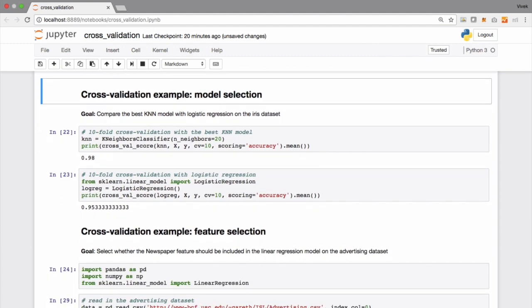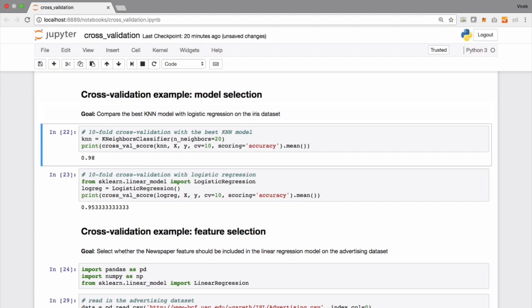Another cross-validation application is model selection. The goal here is to compare the best KNN model with logistic regression on the IRIS dataset. The k nearest neighbors classifier is another classification algorithm. It is out of scope for this course. We will definitely take it up in some of the advanced modules that we will cover, which won't be part of this course. But in a sense, k nearest neighbors classifier is a classification algorithm just like logistic regression,